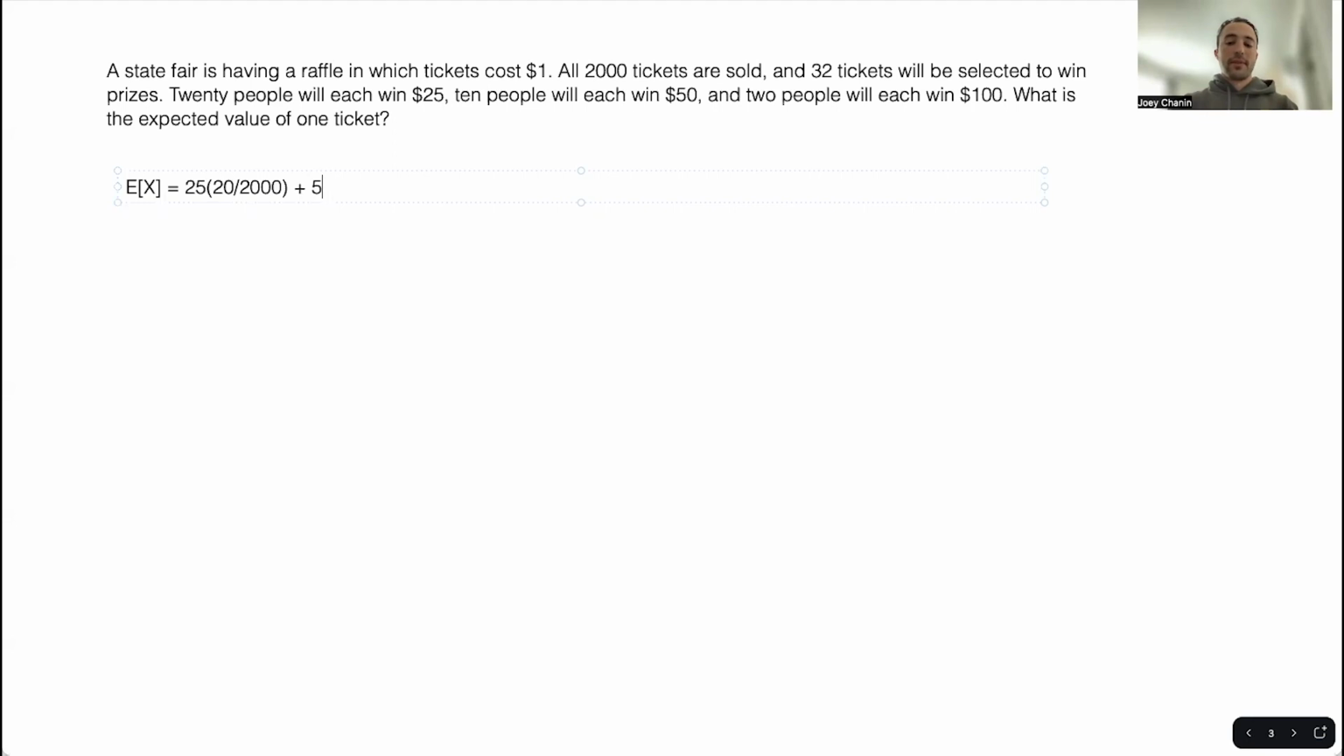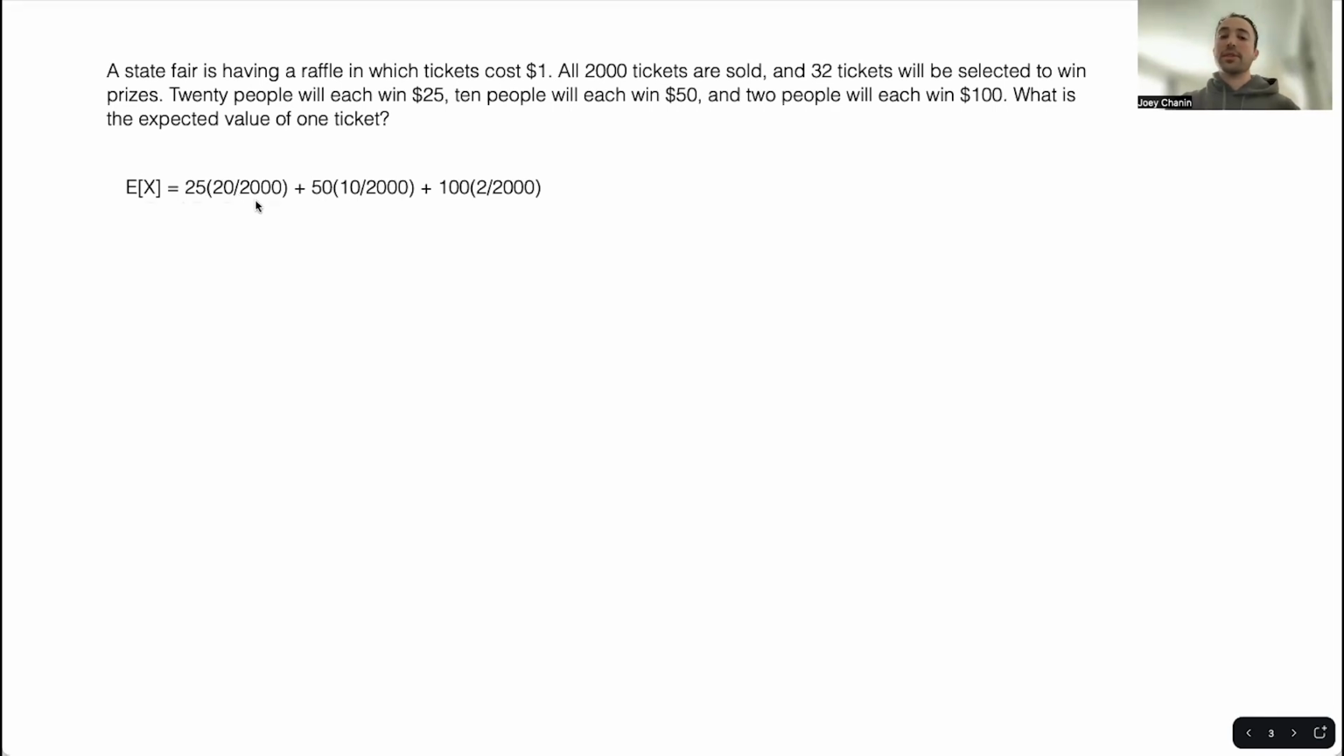Next possible outcome, $50. We'll multiply that by 10 people out of those 2,000 will win $50, and so forth. 100 times 2 out of 2,000. And you might think, okay, now we're done. We listed out all of our possible outcomes and the probabilities of each, but we're missing our one